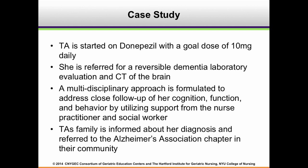I can never pronounce it. Right, with a gold dose of 10 milligrams a day. She is referred, as Yael was talking about, for an evaluation and a CT scan of the brain. And then, as a primary care provider, what we would hope you would be able to begin to do is to take a multi- or interdisciplinary approach to address close follow-up of her cognition, her function, and her behavior by utilizing support from a nurse practitioner and a social worker,